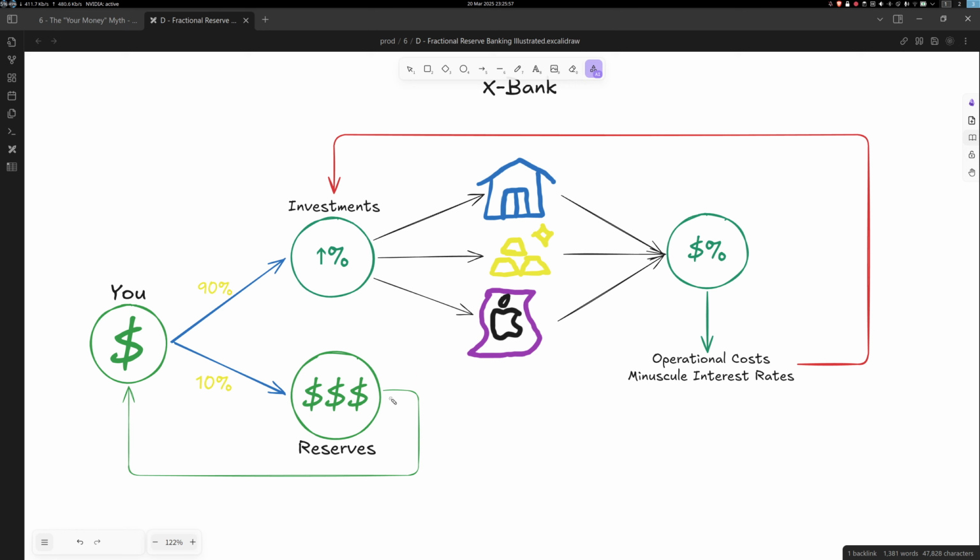And what if depositors like you want to withdraw their money? Now, the bank only has 10% on hand, and 90% of your money is locked in houses that are very hard to sell. Now, what happens here is you withdraw your money, and let's say your friend wants to withdraw their money, all of the money. The bank doesn't have enough money to give you because it's locked in houses.